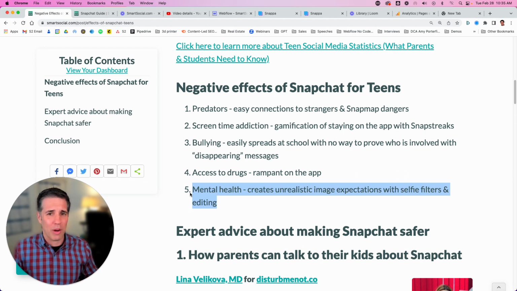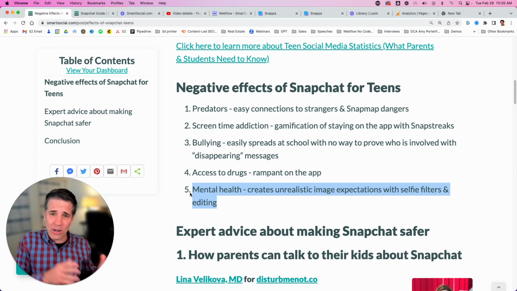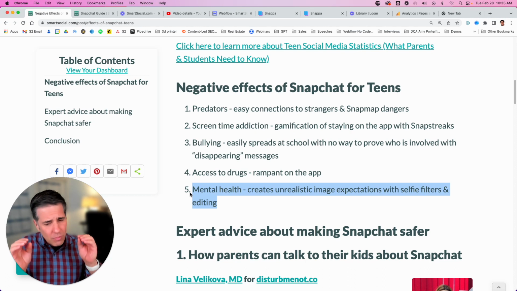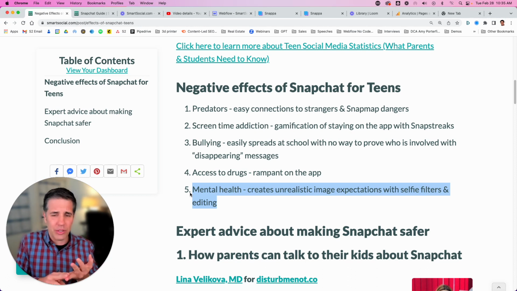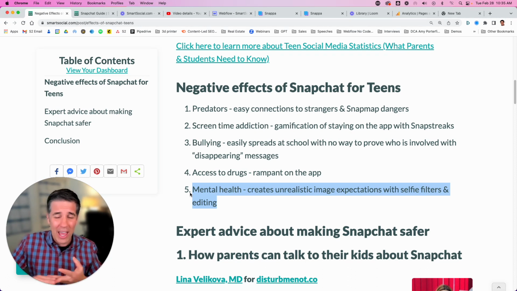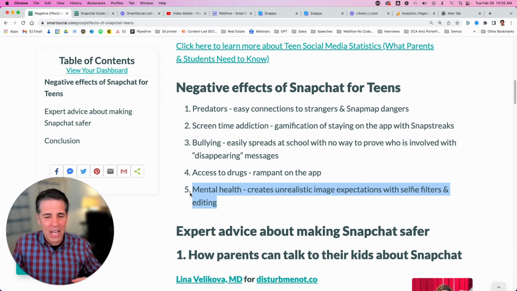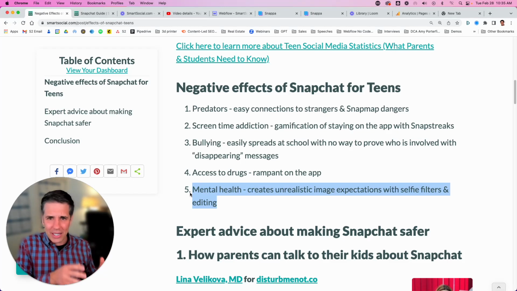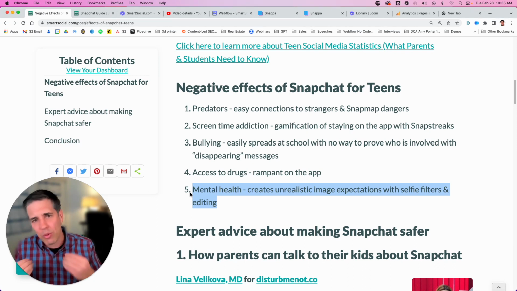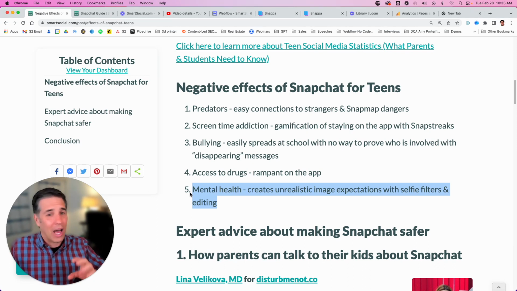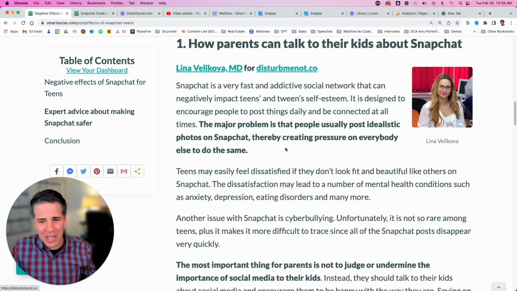If you're doing a report about this too, I want you to consider, depending on what your teacher's okay with, saying, here's ways that I can use this as a tool instead of a toy. I can use it as a purpose instead of a pastime. We can dive into this, you get it. But how can you use this app, along with TikTok, in a safe way that's productive? How do we learn? How do we communicate? How do we connect with the people we really know in person and not with strangers who say that they go to our school? So I hope you'll take a peek at this, learn more.